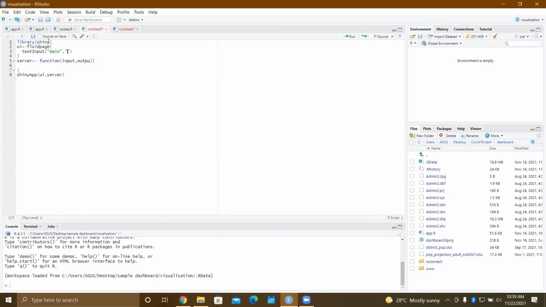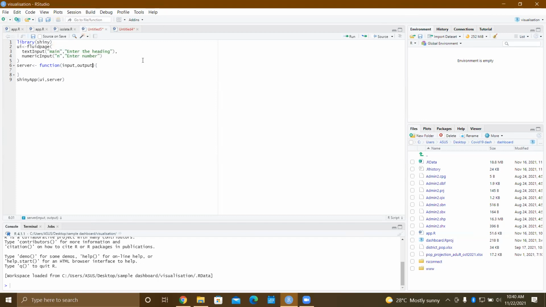And we can give a label to it. Let's say "Enter the heading". Let's add another input, that is numericInput. This input takes a number as the input and we will give an input ID here. Let's say n. The label is "Enter number".